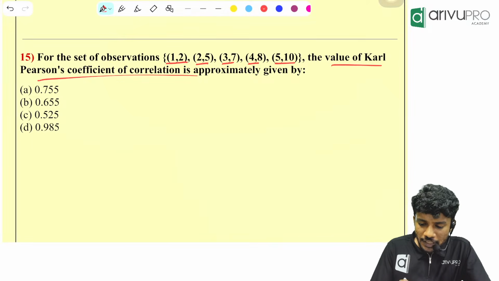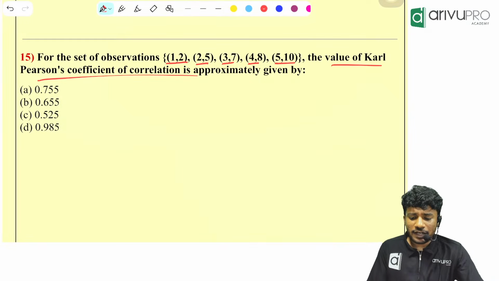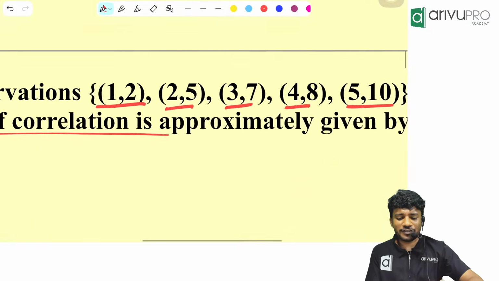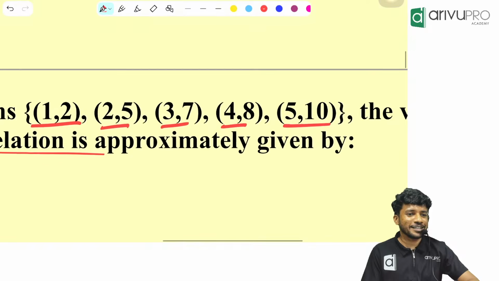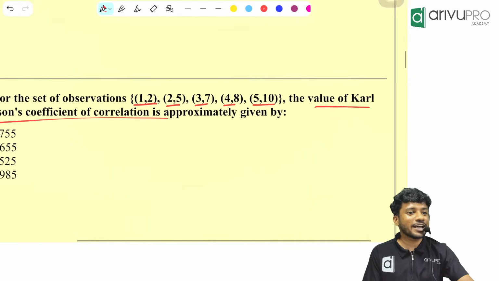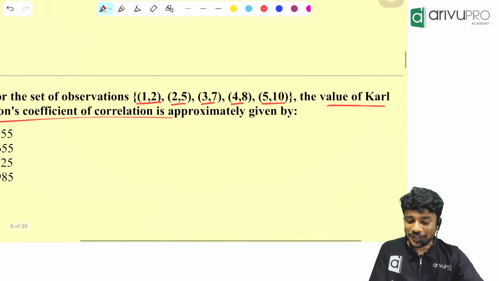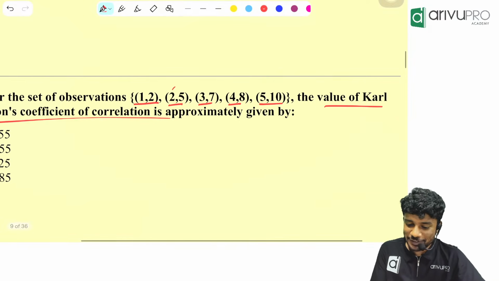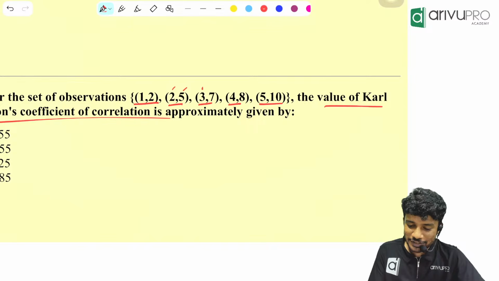Now people, here, like in school level, we used to write it like this when we were drawing a graph. 1 comma 2 means what? X value is 1, Y value is 2. X value is 2, Y value is 5. X value is 3, Y value is 7. X value is 4, Y value is 8. X value is 5,